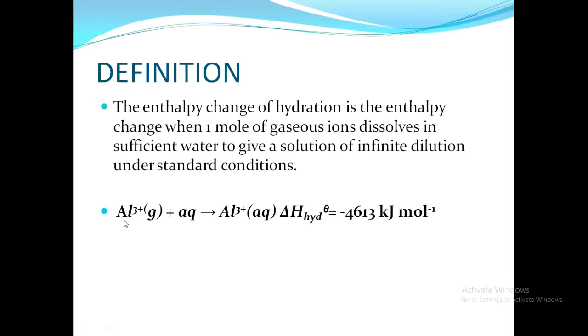For the sake of understanding what is enthalpy of hydration, here the aluminium ion is in gaseous form. When it is dissolved in water, it forms an aluminium ion aqueous solution, and the delta H hydration comes out to be minus 4613 kilojoule per mole. Here the theta on the delta H hydration is representing the standard condition, that is RTP in the A levels syllabus,